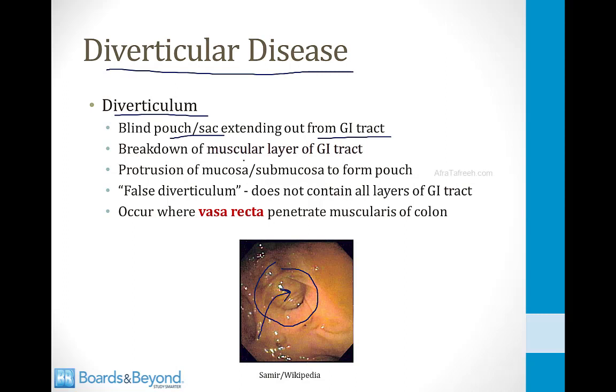It occurs when there's a breakdown in the muscular layer, and as a result there's protrusion of the mucosa and submucosa to form a pouch. This creates what's known as a false diverticulum. It's called false because it does not contain all the layers of the GI tract. I'll explain this more in just a minute. And this occurs at places where the vasa recta penetrate the muscularis of the colon. This creates a weakness in the muscular layer